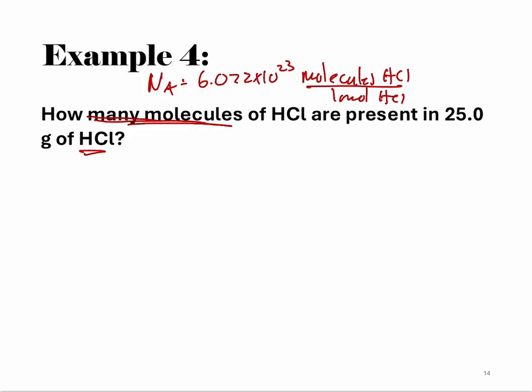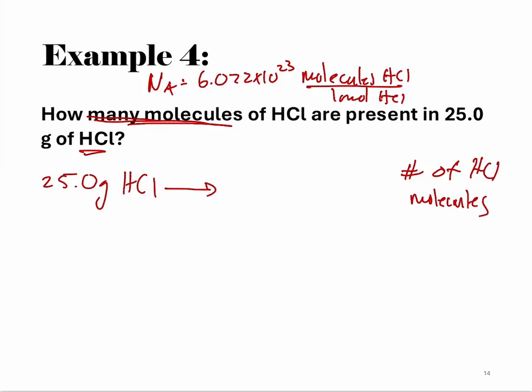It's always going to be, get your flow chart on where you're going to start and where you're going to end with. So what are you going to be starting with here? What units? 25.0 grams of HCl, right? And you're asked to find the number of hydrochloric acid or hydrogen chloride molecules. So what do you need to convert to before you get to the number of HCl molecules? Moles of